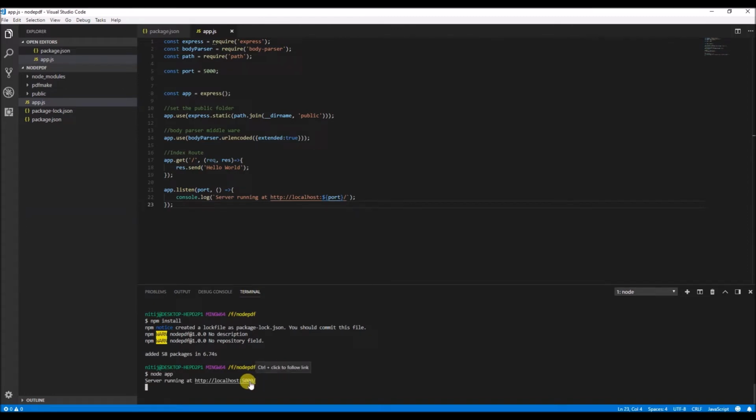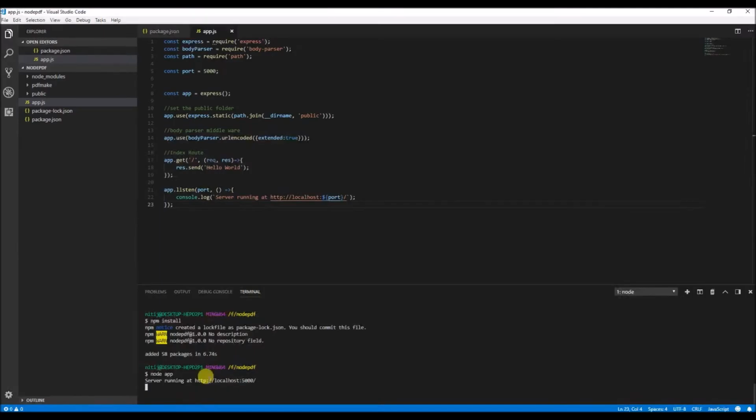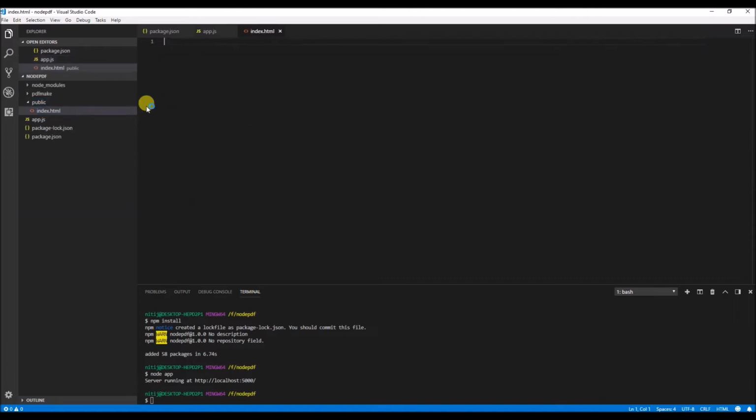Server is running. Right, so our default route is working over here. Now it's time to serve an HTML page to the browser whenever the default route with port 5000 is hit by any browser. So for that, I'm going to add a new HTML file in the public folder,